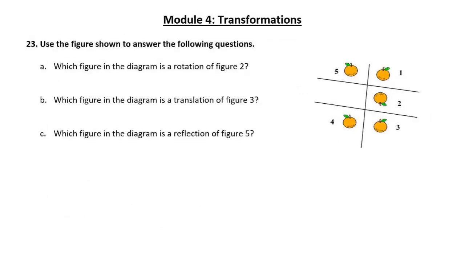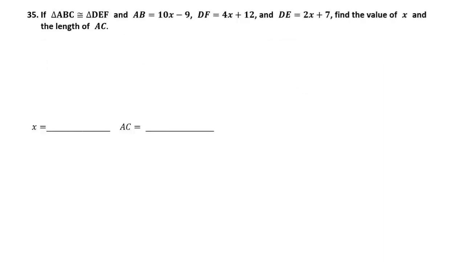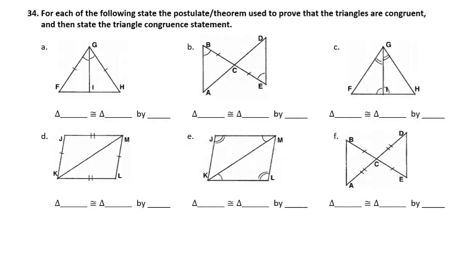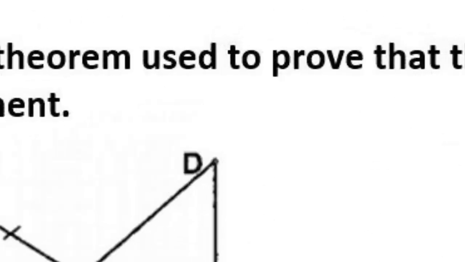Number 34. Here we go. As far as the two things that you're not allowed to use as reasons. So the two reasons that cannot be used